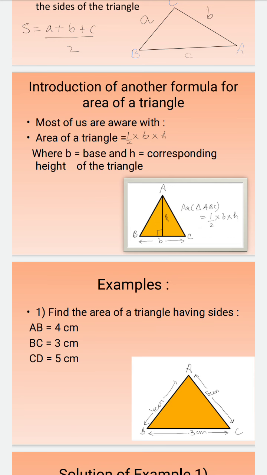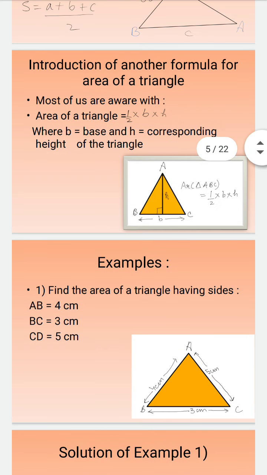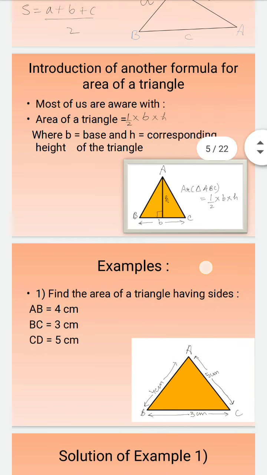If a triangle is a scalene triangle in which all sides are unequal, how do we find the area of such a triangle? For example, here we are seeing that all sides of our triangle are unequal, so this triangle is a scalene triangle. Here the height is not given, and this triangle is not equilateral and not isosceles. To find the area of such a triangle we need Heron formula.